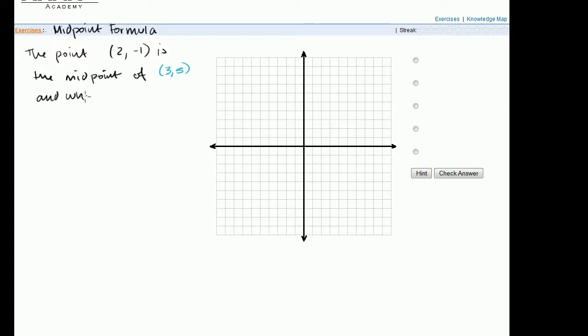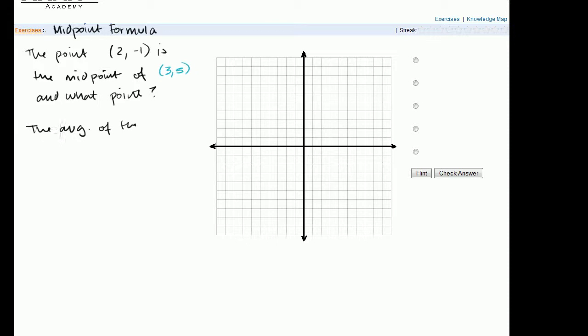So if they click hint again, we could say the average of the